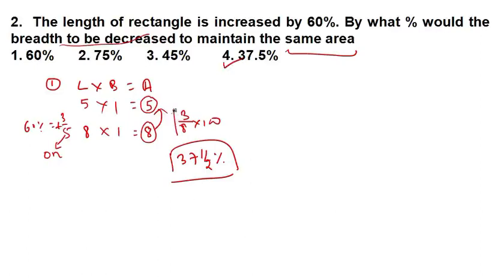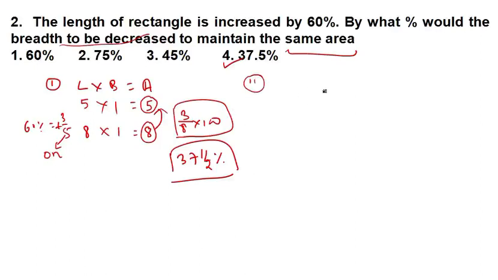In case you do not know how to do it, please see my previous video, you will understand how I did it. 1 by 8 in percentage form is 12 1 by 2%, and then I multiply with this 3, then it becomes 37 1 by 2%. Okay, fine. Now we'll do it with our second method.